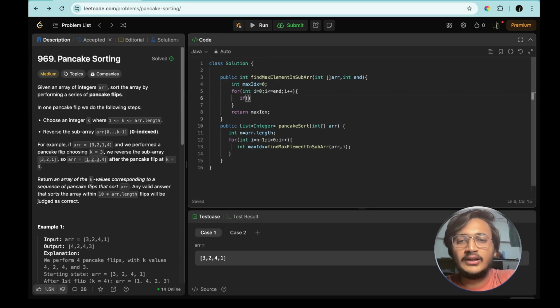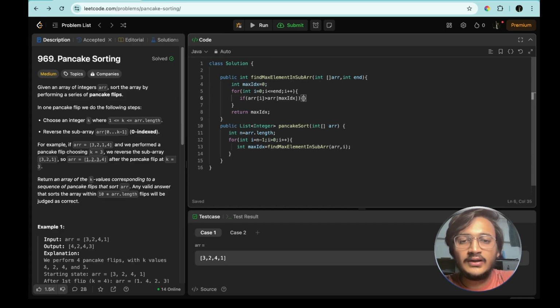Simply we apply a condition: if the element which is at the ith index is greater than the element which is at the max index. The max index we have taken as 0, so we will be checking from the first element itself. So if the element is greater than the element present at the maximum index, which is 0 in the first case, then